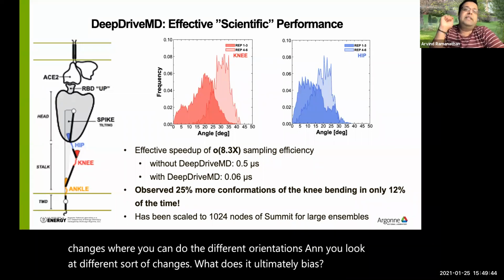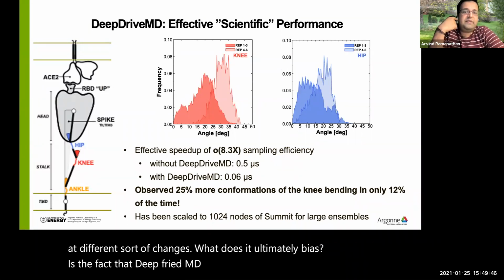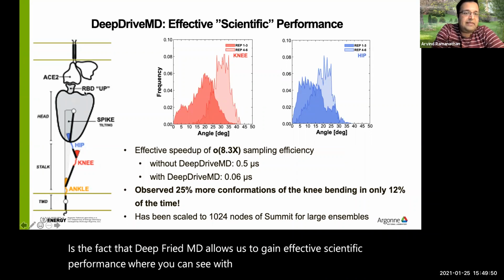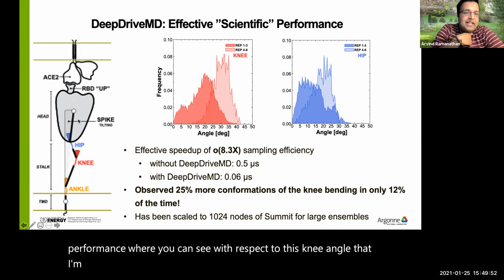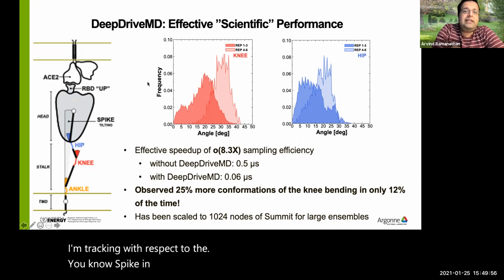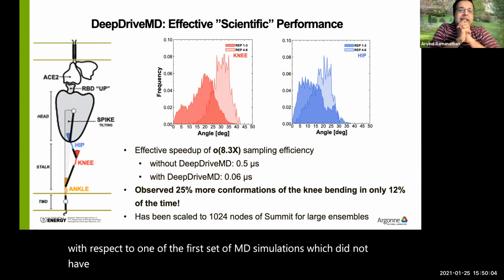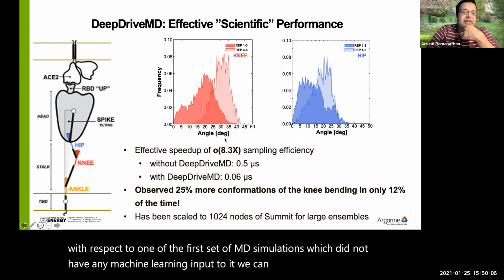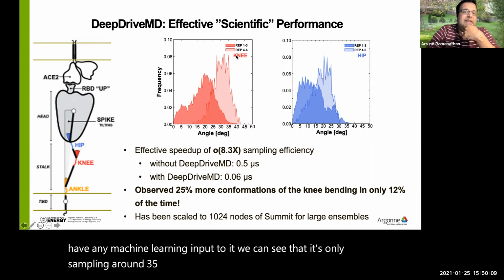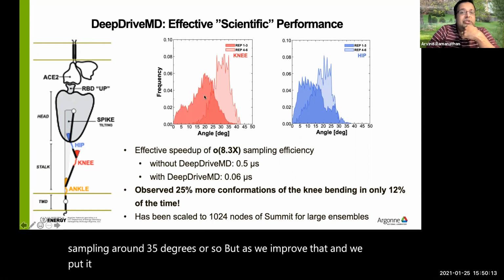It's the fact that DeepDriveMD allows us to gain effective scientific performance. You can see this with respect to the knee angle that I'm tracking in the spike-ACE2 complex. You can clearly see that in the first set of MD simulations, which did not have any machine learning input, it's only sampling around 35 degrees or so. But as we improve that and bring in the deep learning, we can actually shift